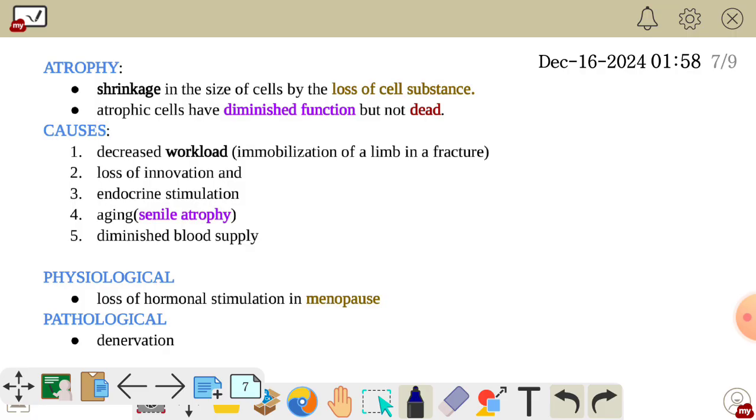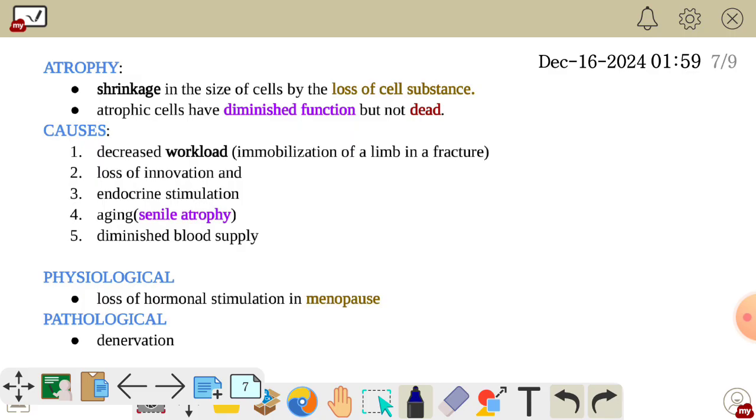Physiological, we have loss of hormonal stimulation in menopause. In menopause, hormonal stimulation such as estrogen will reduce. Estrogen levels in the circulation will reduce. So what will happen is that the ovaries will shrink and become small in size. So that is physiological. And then under pathological conditions, we have